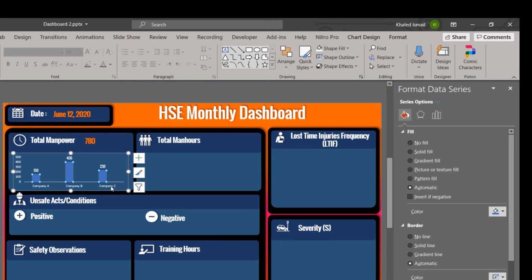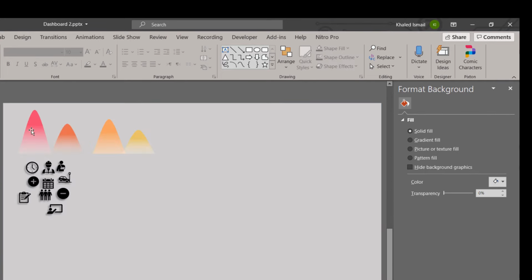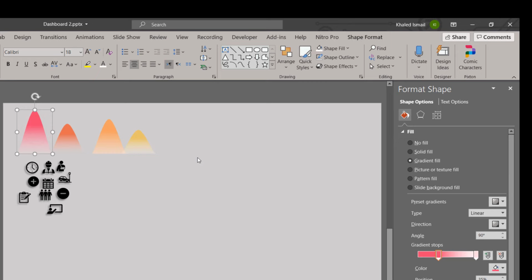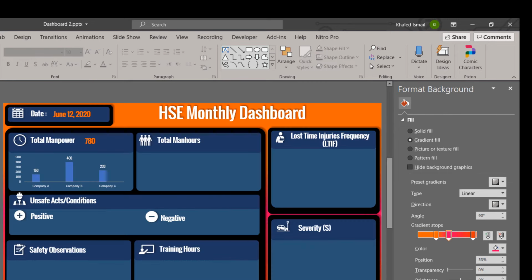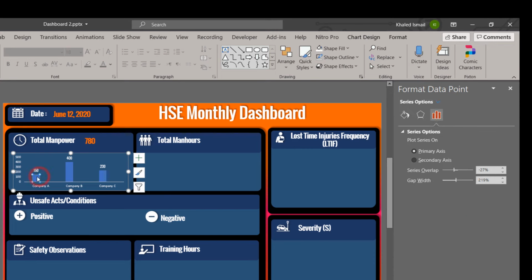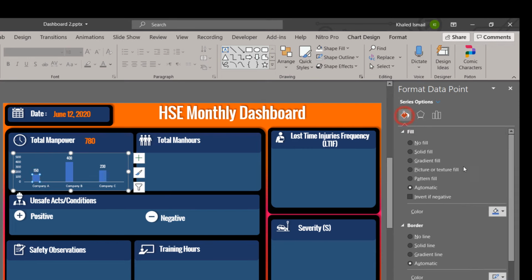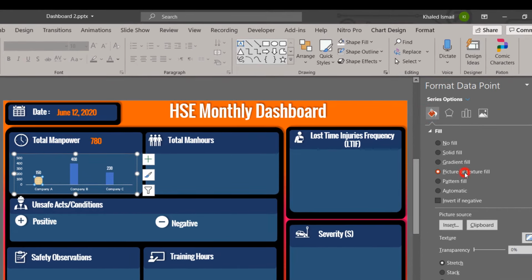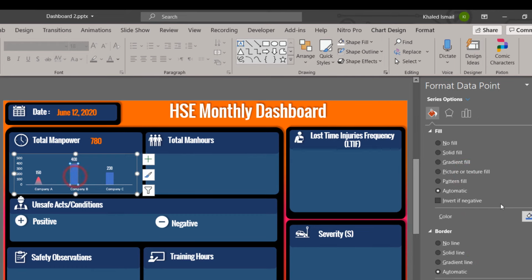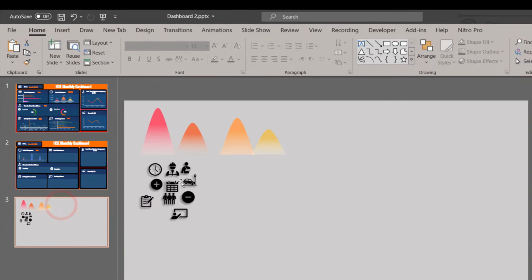Previously in the video before we made this, I taught you a video for simple column designs. We'll take the same here to have a good previous column. We take a copy of this, Control C, and then when I come back to, for example, this column, I just make filling, fill, go to pattern, picture style, and clipboard. Here, as you see, this is done, and for the second one, go here, Control C,